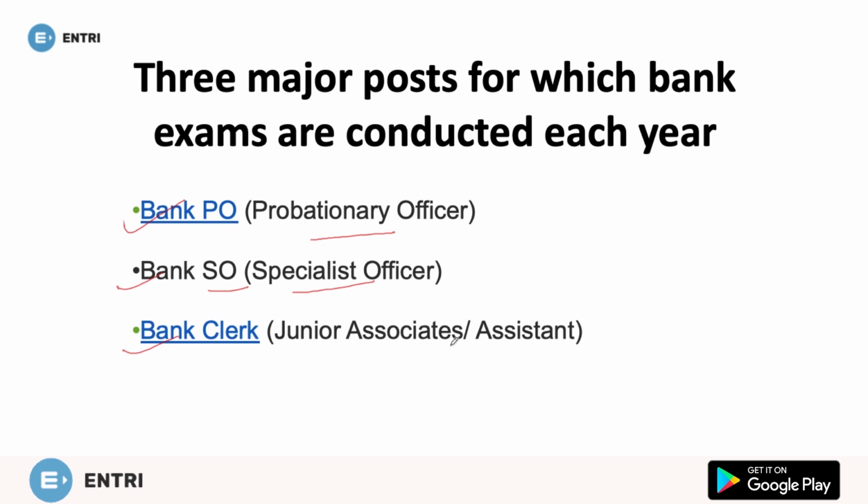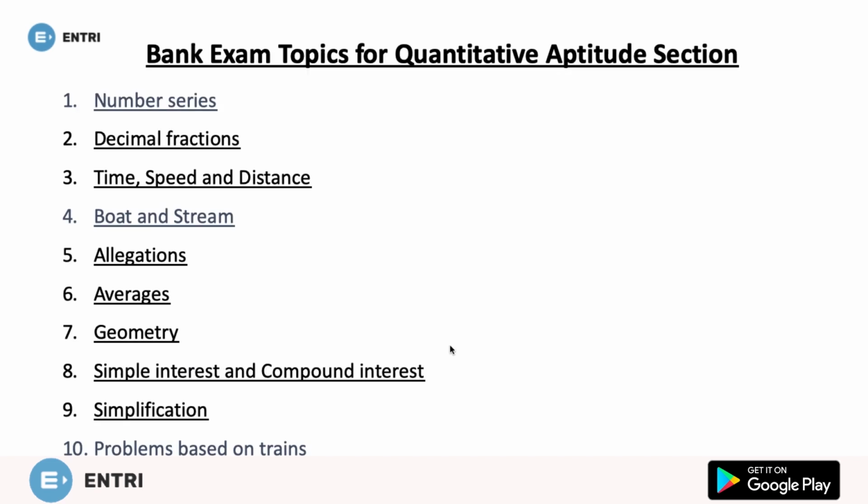To explore the QA section in detail, these are the topics which are important for you, so you can refer to them. The QA section generally consists of 50 questions on average, and the questions given in the bank exams are related to some important topics from the bank exam syllabus. Apart from this, we shall discuss the important syllabus of the Quant section from which the questions are asked. It is important to know the syllabus before preparing for the bank exam.